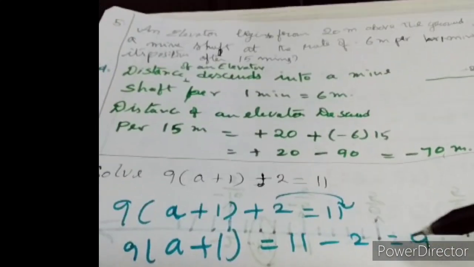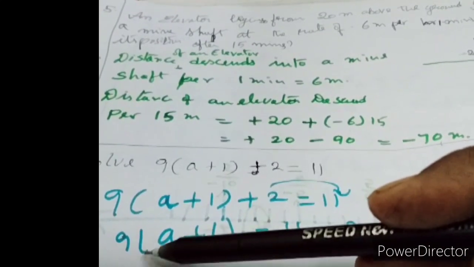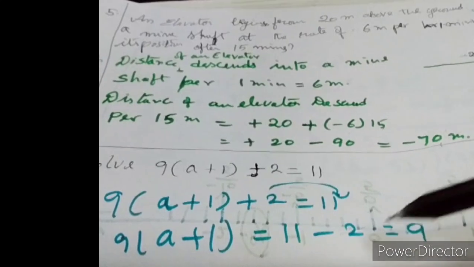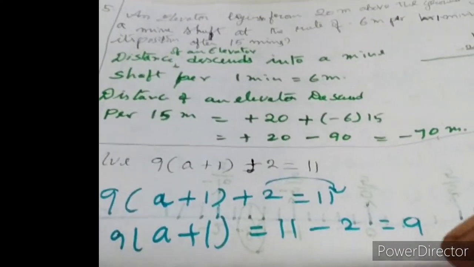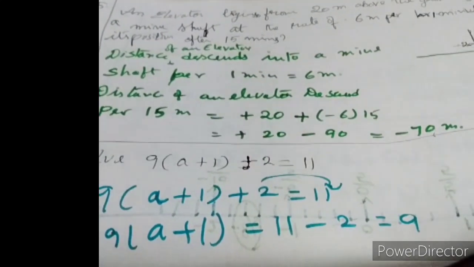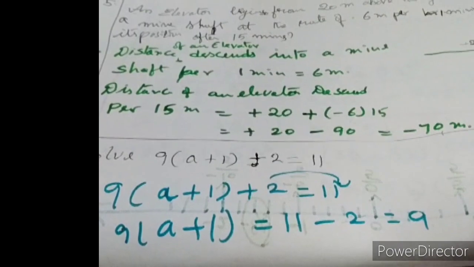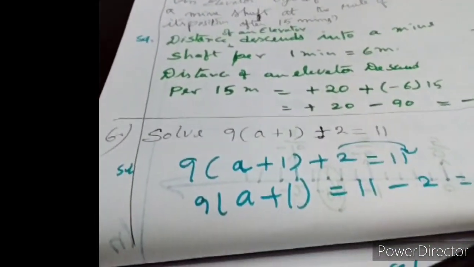9. Again you see, children, 9a plus 1. Here it is under multiplication. 9 of a means 9 into a. We are transposing this 9 to this side. What you will get: before you got the answer as 9, and 9 by 9, what is the answer? 1. Again a plus 1 is equal to 1. You transpose plus 1 to RHS, you will get 1 minus 1. What is the answer? 1 minus 1 is 0. Therefore, a is equal to 0.